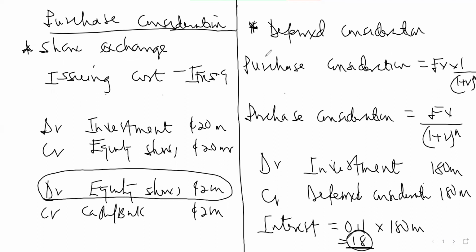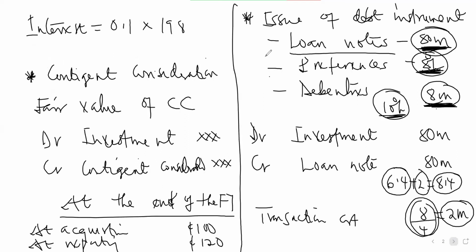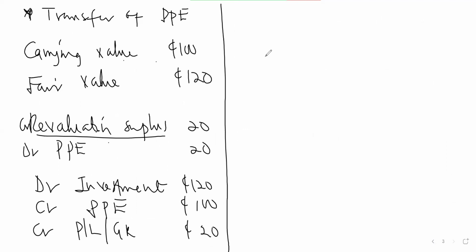All the purchase consideration that we have looked at, the treatment that we have here is for when the purchase consideration, or that portion of the purchase consideration, has not been recognized. But if it has already been recognized, then you only do the subsequent measurement, which may be interest cost or finance cost. So pay attention to whether it has been recognized or not. If it has been recognized, it means that the parent has done the right thing. They have entered the things into their books already. So you'll be looking at the subsequent measurement of that particular item.